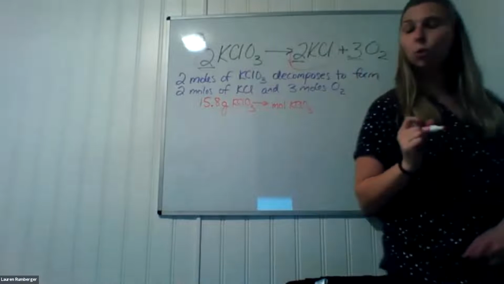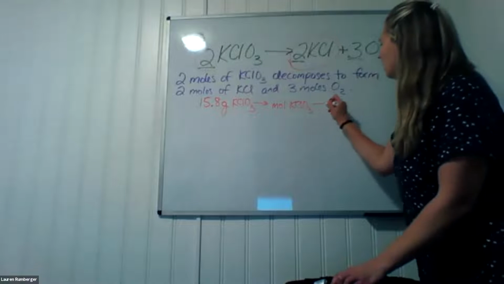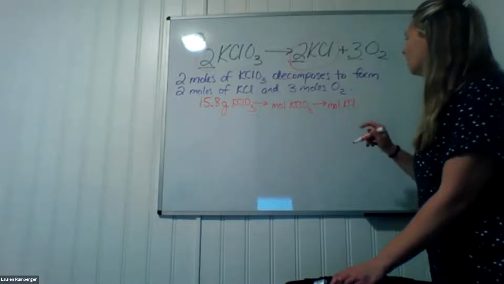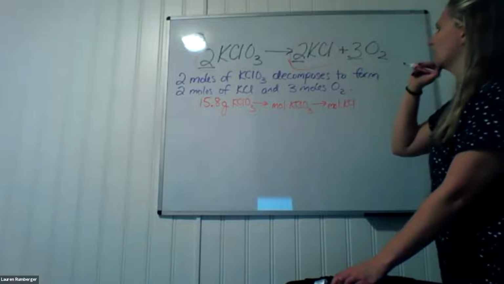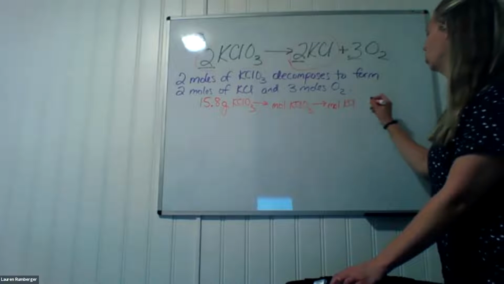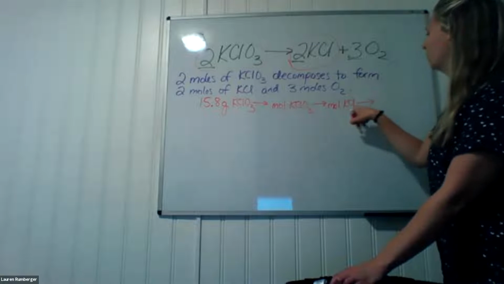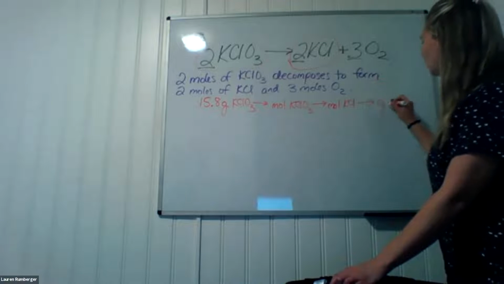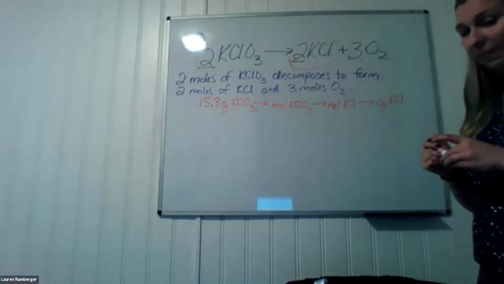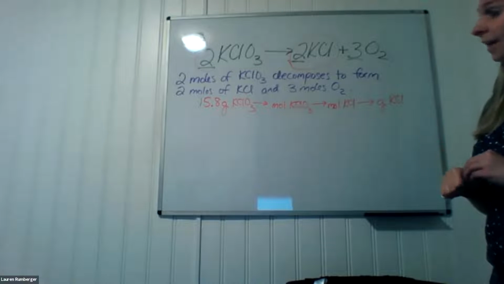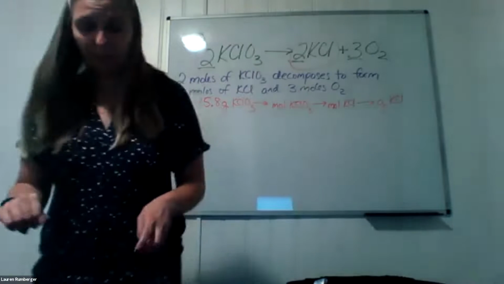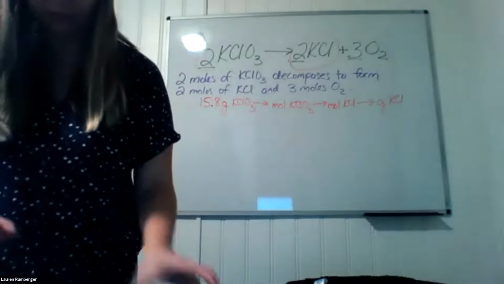Once we get to moles of KClO3, we can convert to moles of KCl using the mole-to-mole ratio, 2-to-2. Then from moles of KCl, we can get to grams of KCl. That's our plan. I had erased the molar mass of KClO3, but I believe it was 122